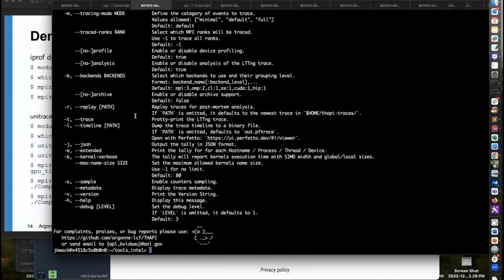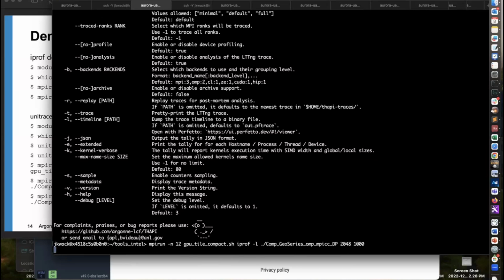And also, iprof provides an interface to Perfetto, a GUI interface. So if you want to see a timeline view, you can add dash L after iprof. Then if you run it,